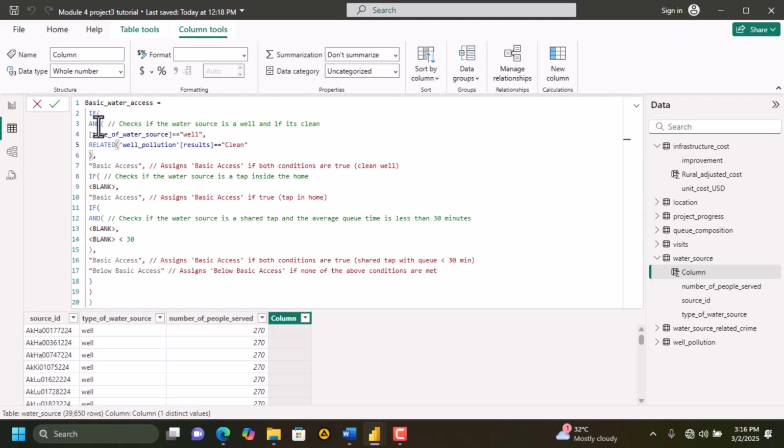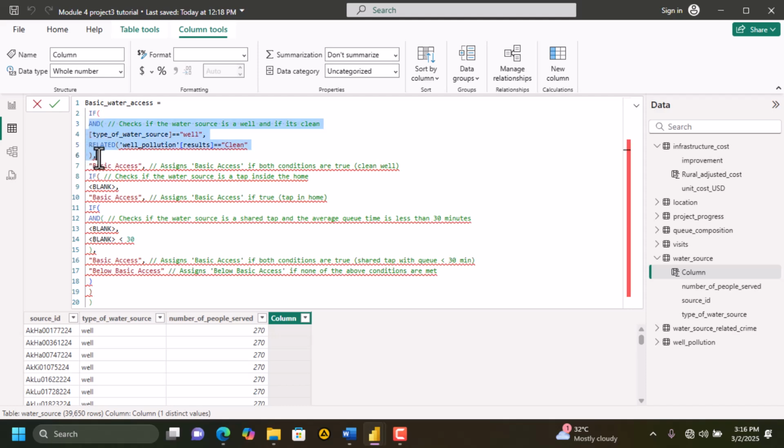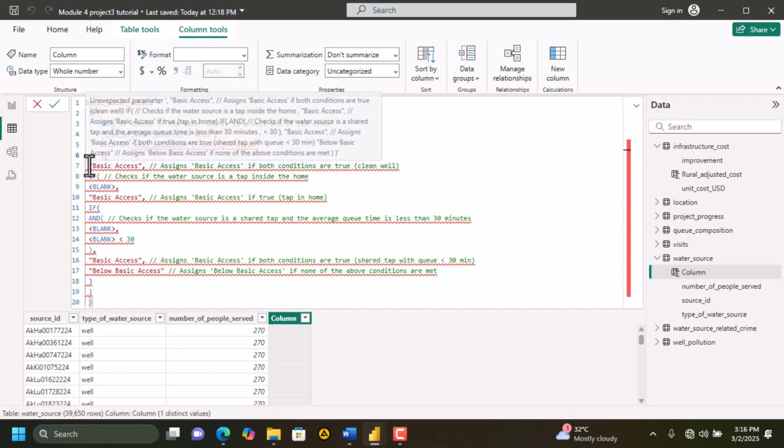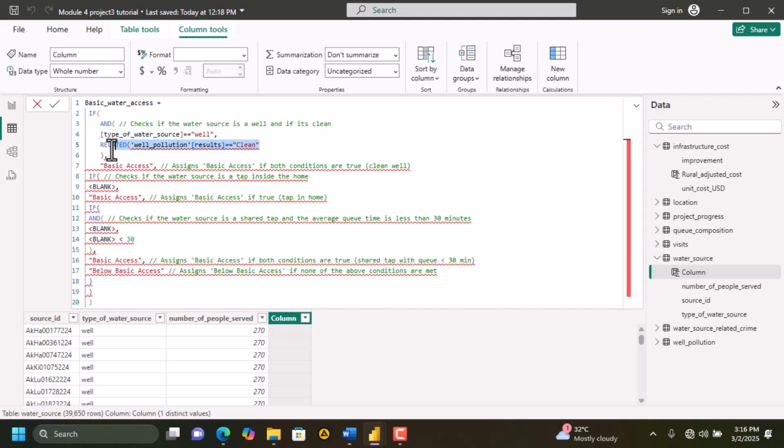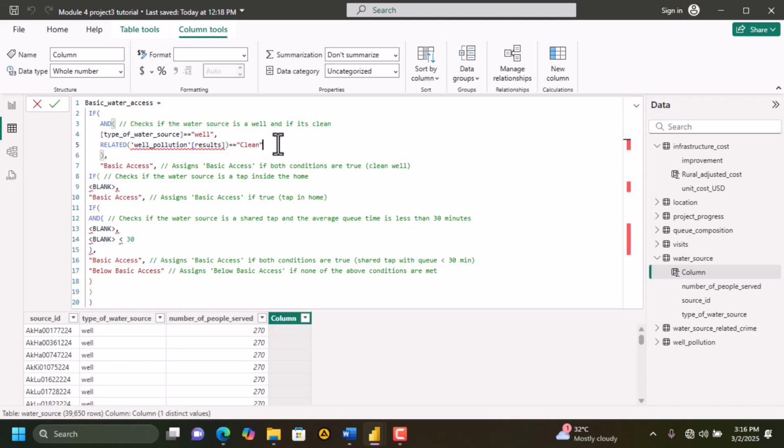Let me indent it. So if it is well, and also when it is clean. Oh, sorry, let me close this. So when it is well and clean, then we say basic access. Other than that, if it is,